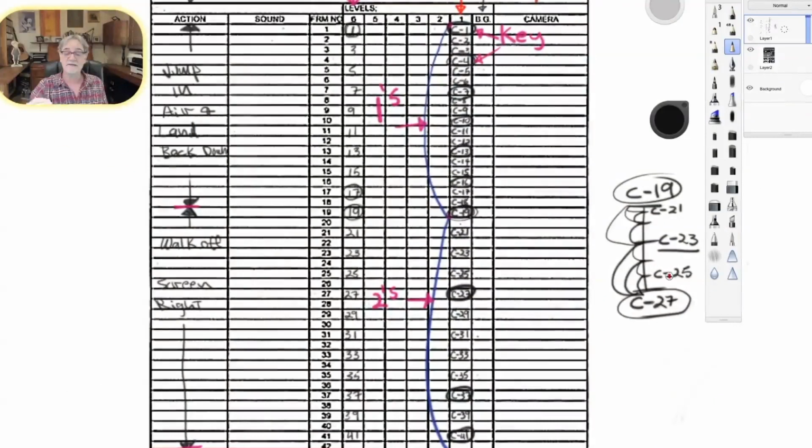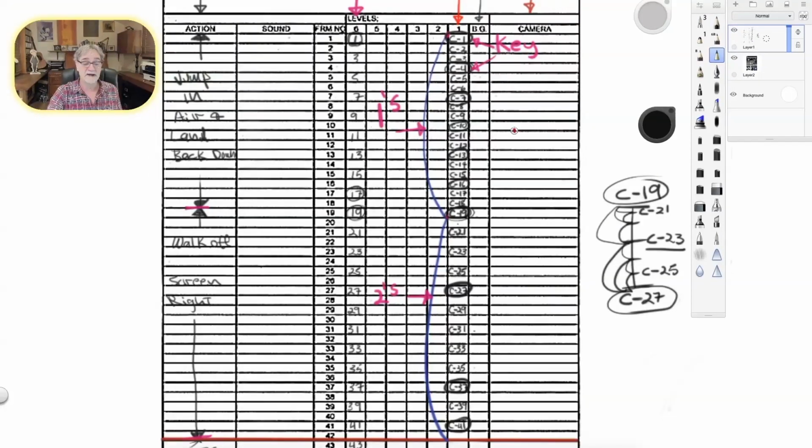So that's a little side note just about what it means on the exposure sheet when you guys are looking at it. The main thing I want you to remember is, if you so choose, put in all the numbers, odd numbers, all the way through whatever length your scene is, and then you do your animation, and then you're going to come in and there's all the drawings. I did all these drawings down here. These are all on ones right here.